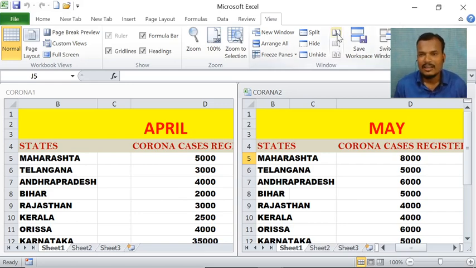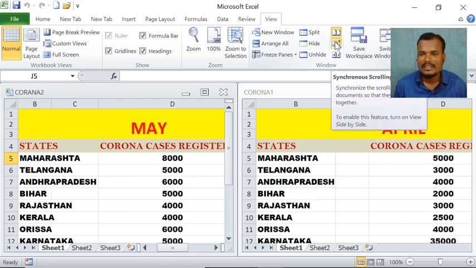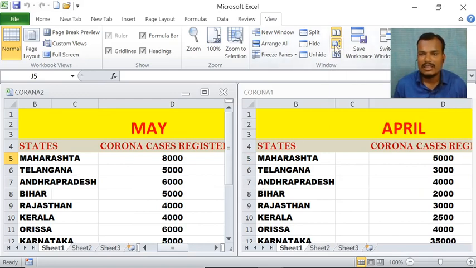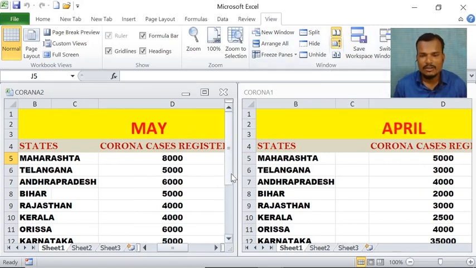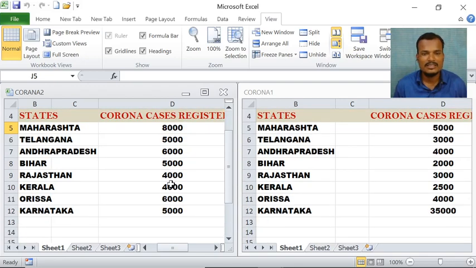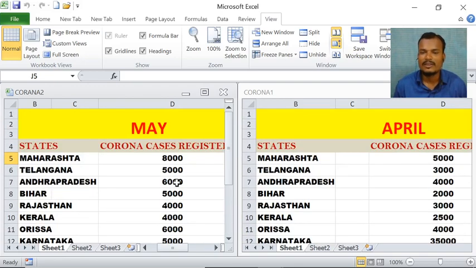See here, I am clicking on Side by Side. After that, automatically this is enabled. So now this is called synchronous scrolling. You observe here, when I scroll, automatically two workbooks will scroll. See here, it is very easy to compare now, one by one, one by one.